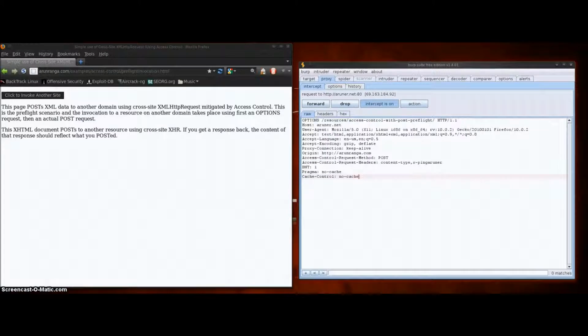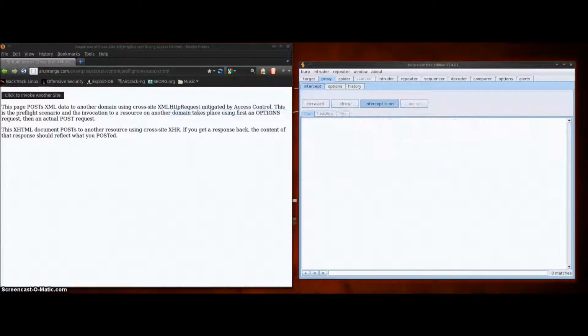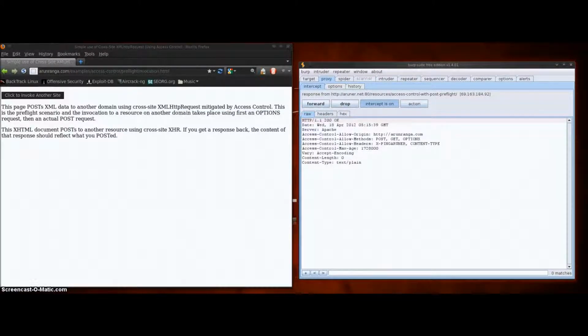We get the preflight request, right? You'll notice it's using a method called OPTIONS, and it basically sends a sample request to the server with the headers that it wants to use. So we'll forward this on to the server, and the server replies saying, yep, here is what I allow. I allow these methods, POST, GET, OPTIONS, and I allow these headers, X-Ping-A-Runger and Content-Type. It also has an Access-Control-Max-Age. So we'll forward this on,